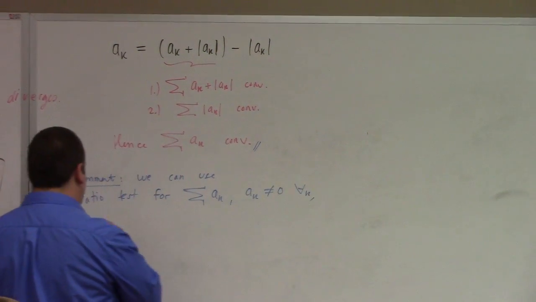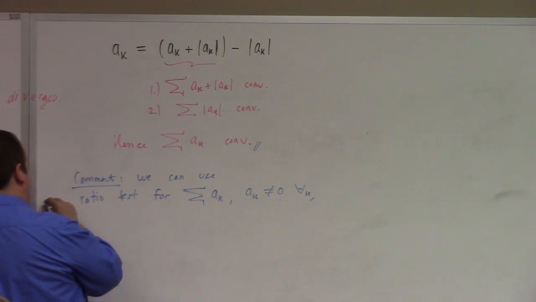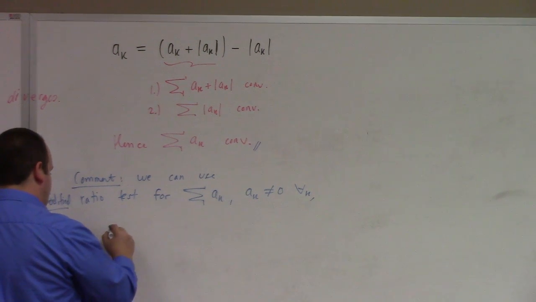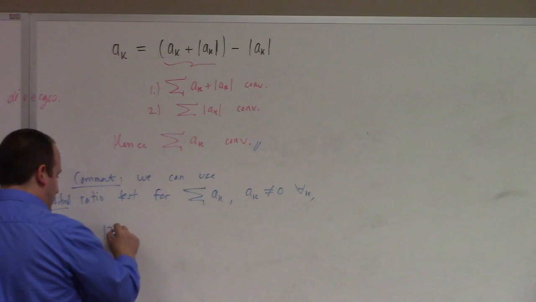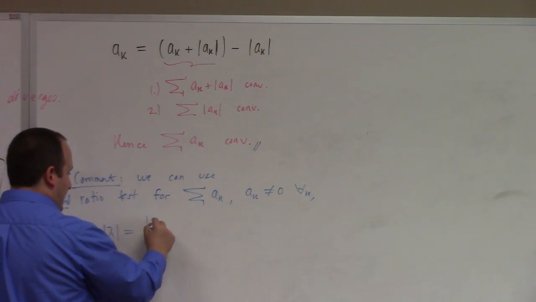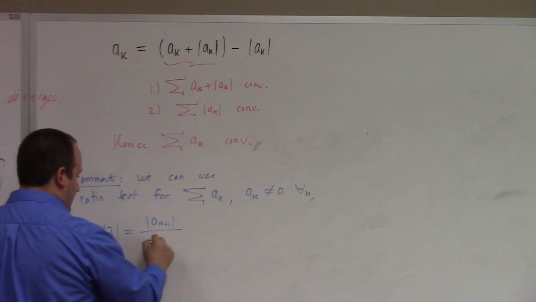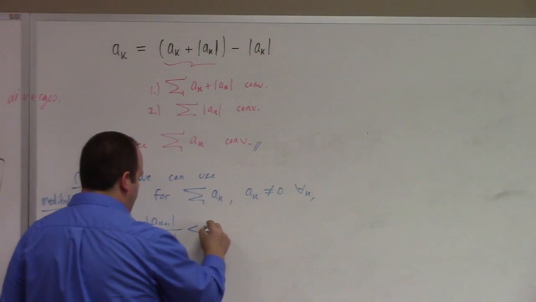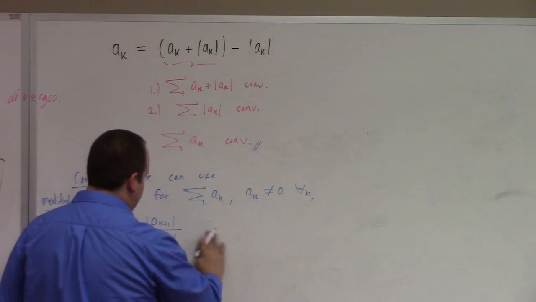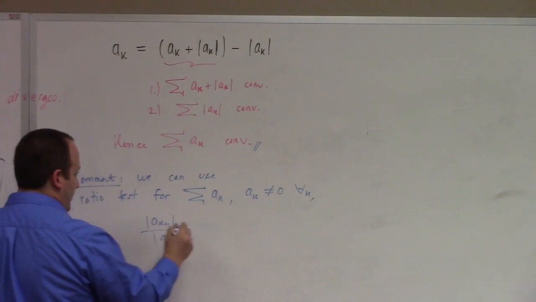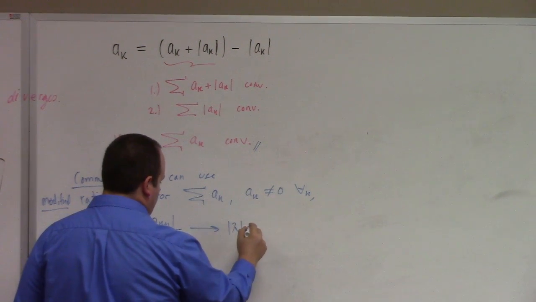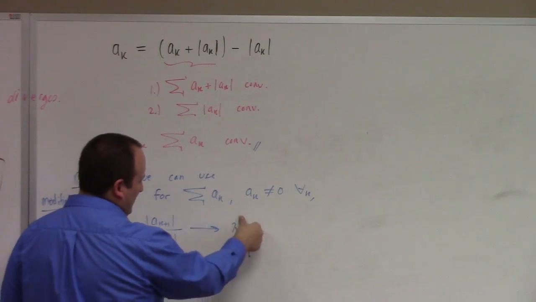I say modified because that's not how your book states it, but basically we would look at the absolute value of a sub k plus 1 divided by the absolute value of a sub k. Usual song and dance. If this goes to lambda, so to speak,